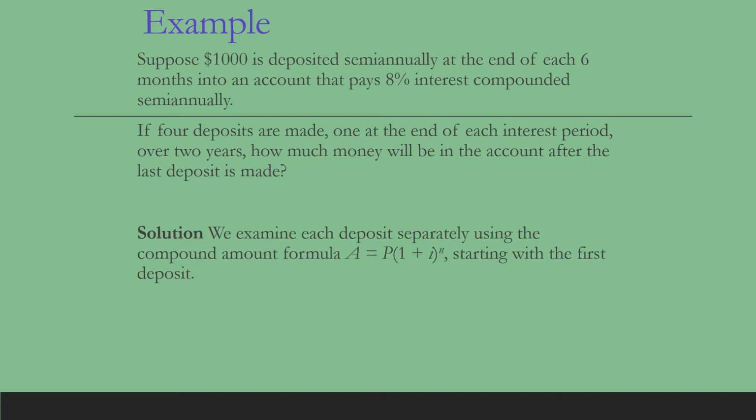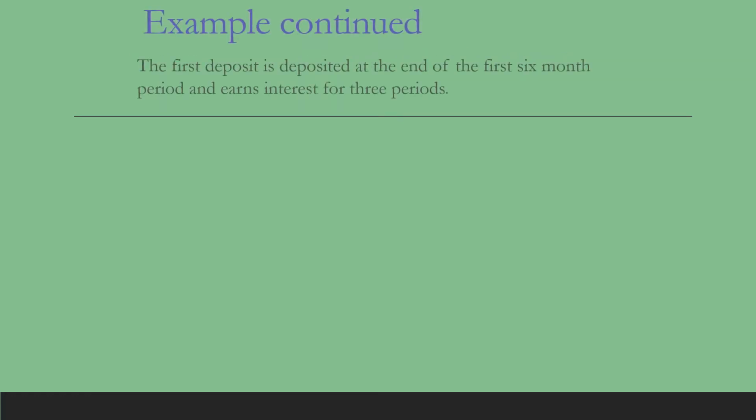Now we know that the compound amount will be A equal to P into 1 plus I to the power n. So starting from the first deposit, if we are trying to find the rate of interest for the first 6 months, the interest is 8% annually. Since 8% is annual, we have to get the rate for 6 months. So we have to divide 8% by 2, which is 0.04. So if I'm trying to find for the first